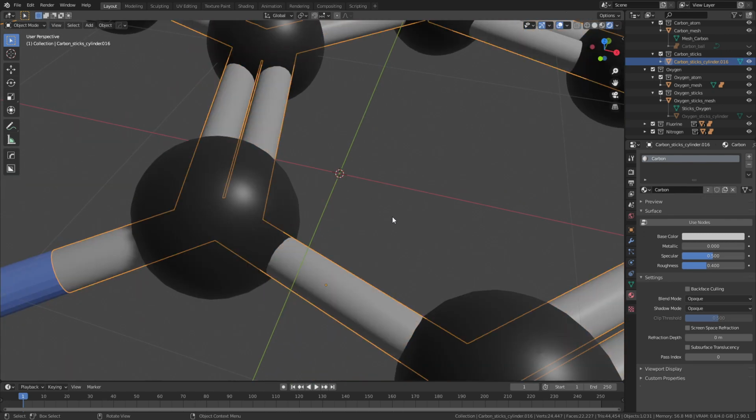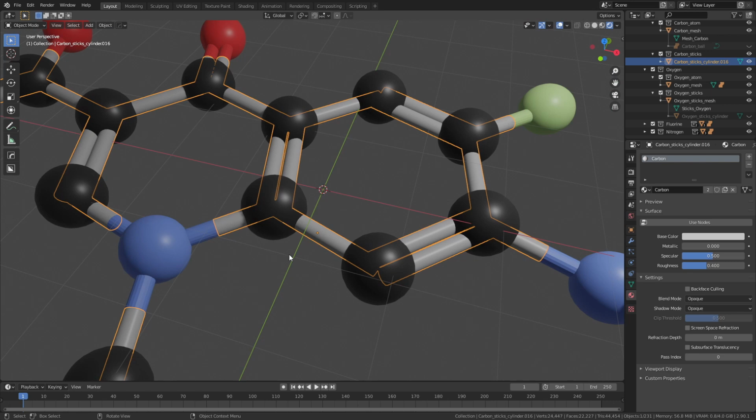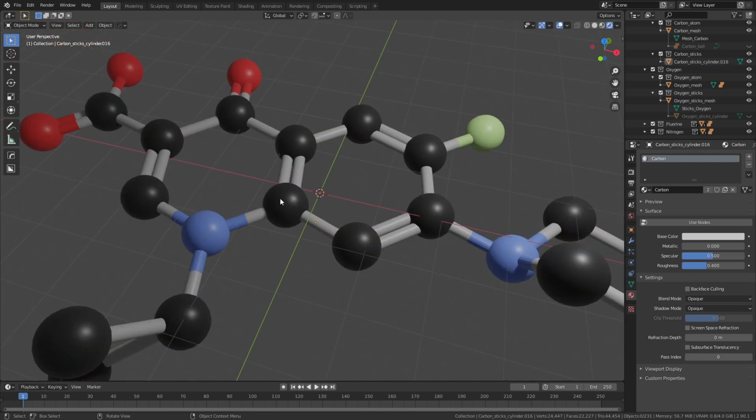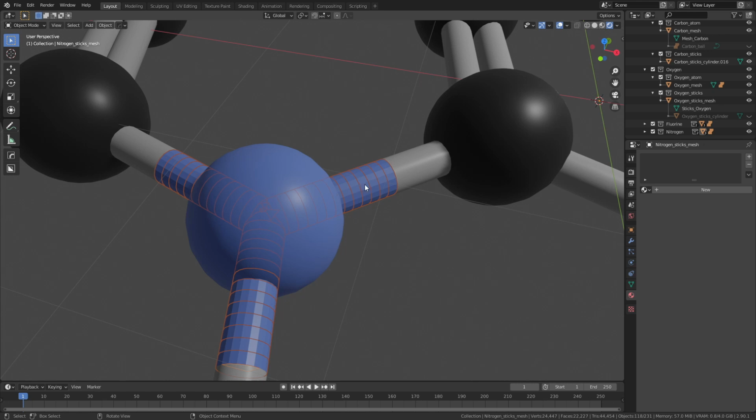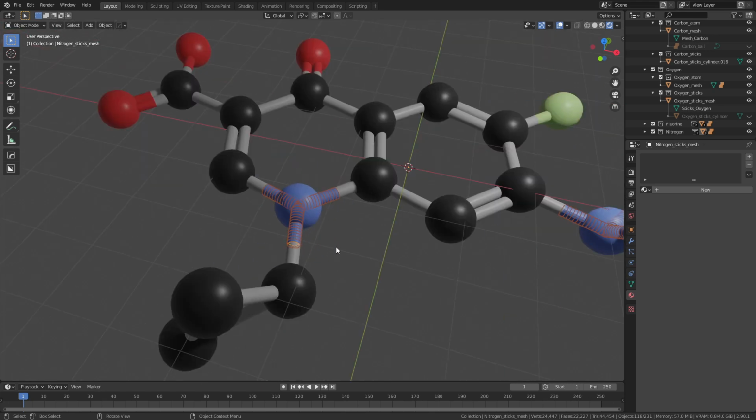So it is one continuous object. And essentially, we would do the same thing for everything else in the scene. If that seems a little tedious, it is, but it's going to be worthwhile at the end. So again, we'll do the same thing for the nitrogens. Grab the bond in question, and if you have nitrogen here and over here, it's going to impact all of